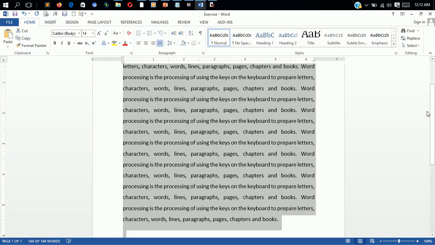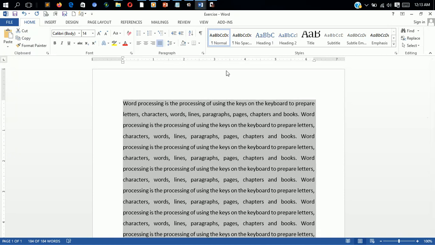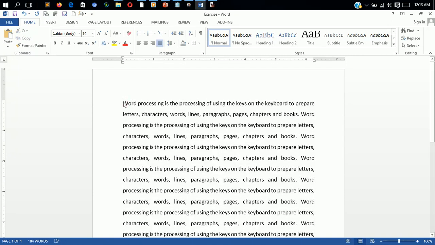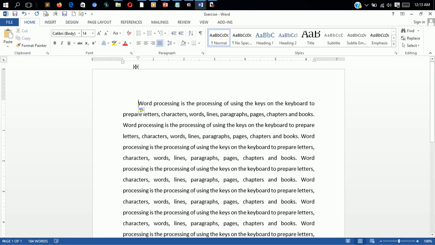Maybe we use the indent paragraph, and so this is for instance what we are doing. Then save and create backup copies. Saving and creating backup copies means saving in an external device in case your system